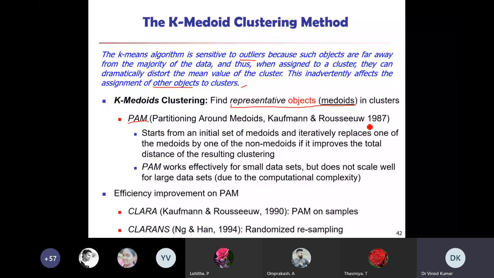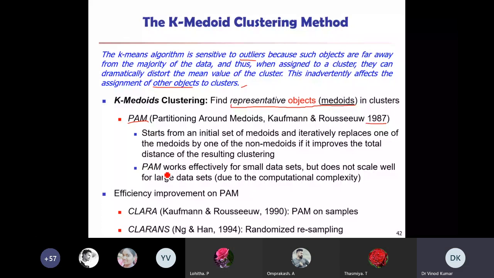This came in 1987, 32 years back. It starts from an initial set of medoids and iteratively replaces one of the medoids by one of the non-medoids if it improves the total distance of the resulting clustering.